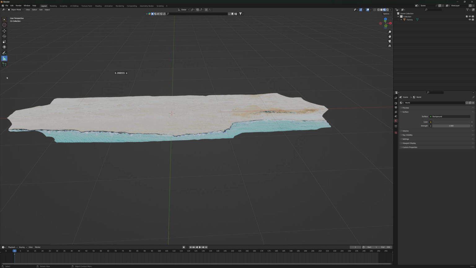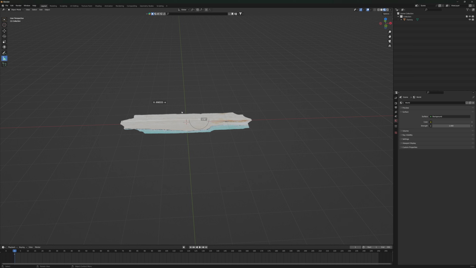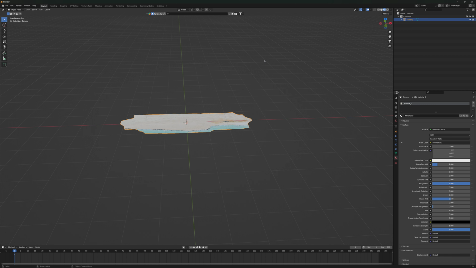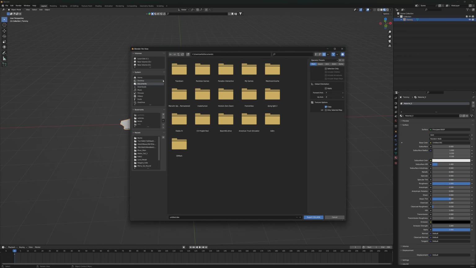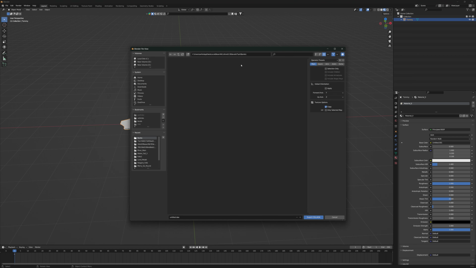Well, you can measure here with the measure tool at 6 meters. You can scale it in the game, or you can scale in here. It's up to you. We're just going to send you over like that. So we're going to export you as a DAE, and we're going to put you in that folder that we